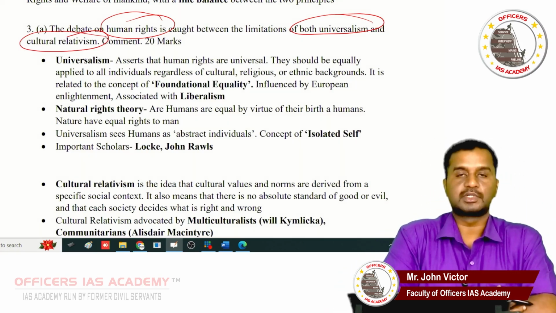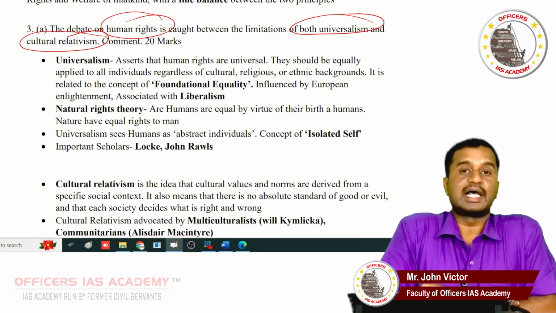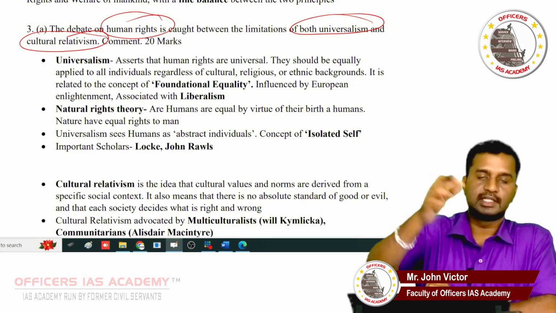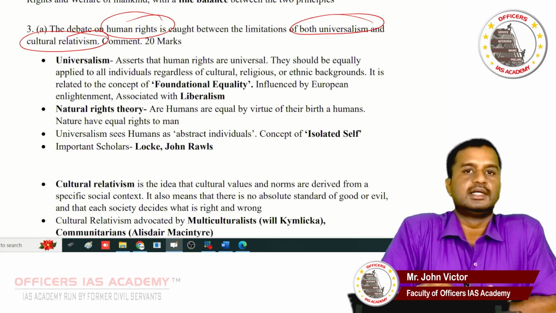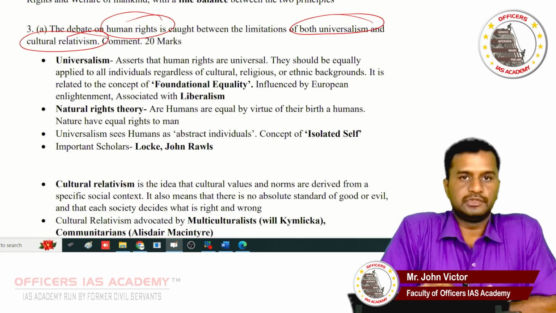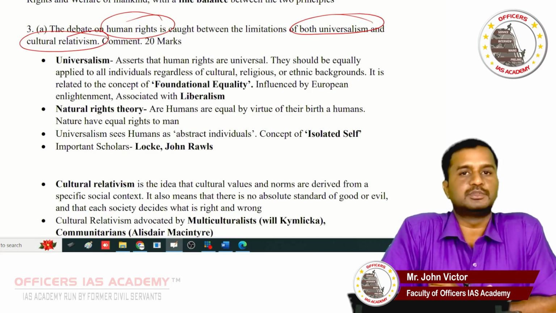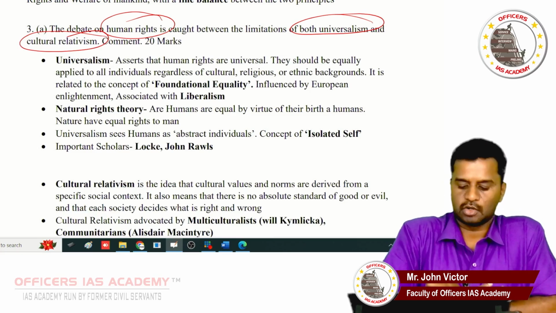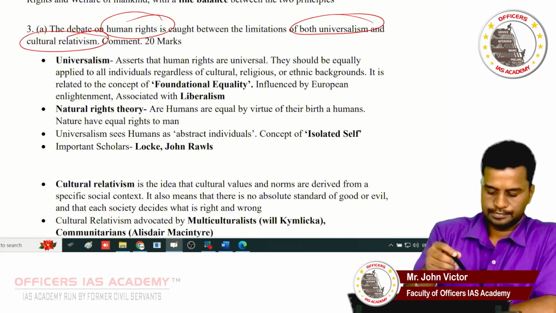Human rights is based on the concept of rights. The scholar Laski spoke about rights. So mention the scholar. According to Laski, rights are important for individuals. We should establish some conditions in society so that each man can try to be his best. This is how he is viewing the concept of rights.